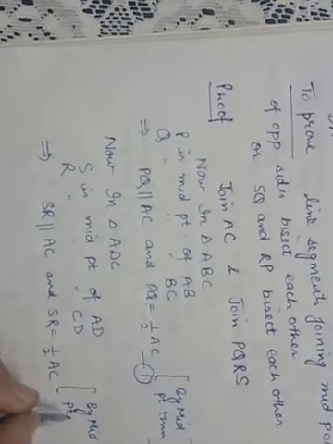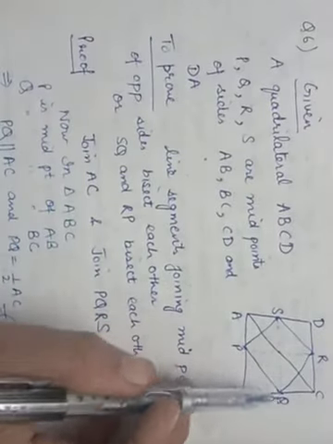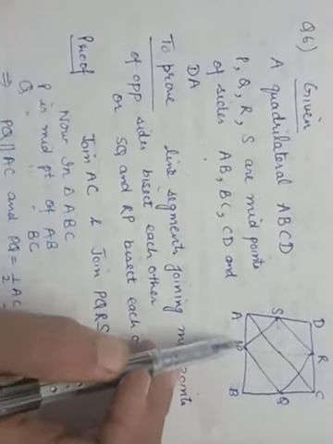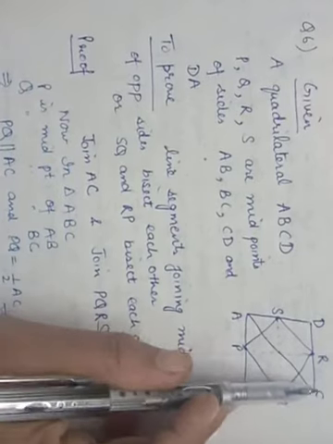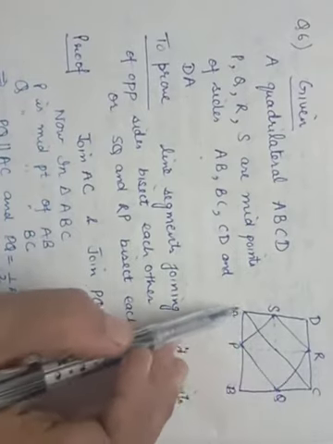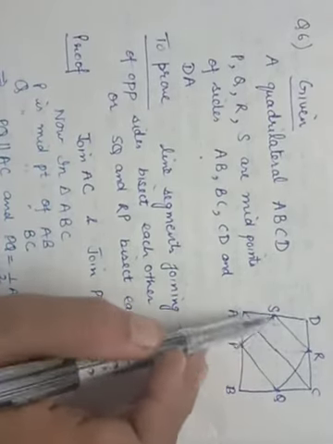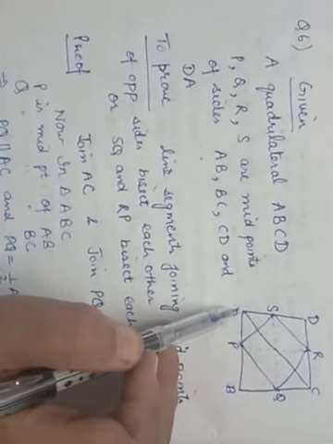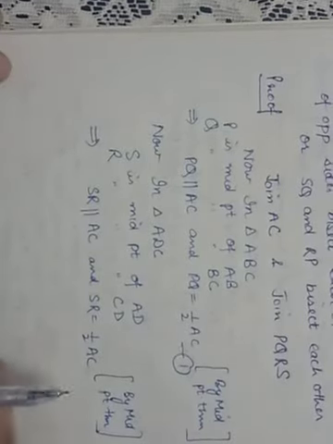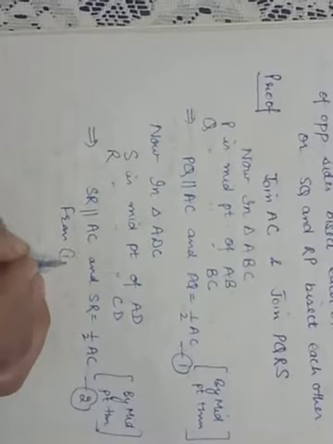As we have done the first part, similarly, see the diagram, first time we have taken the triangle ABC. This is a midpoint, this is a midpoint, so PQ is parallel to AC and is half of it. Second time we have taken this triangle ACD, this is the midpoint of this line, this is the midpoint of this line, so SR, the line joining, is parallel to the third side, that is AC. So we have made two equations now. From equations 1 and 2, what is the conclusion?